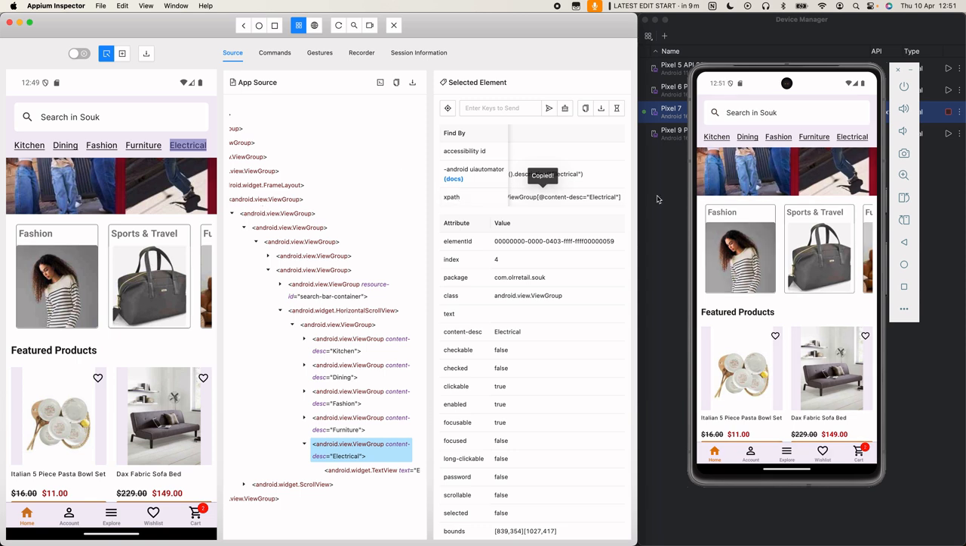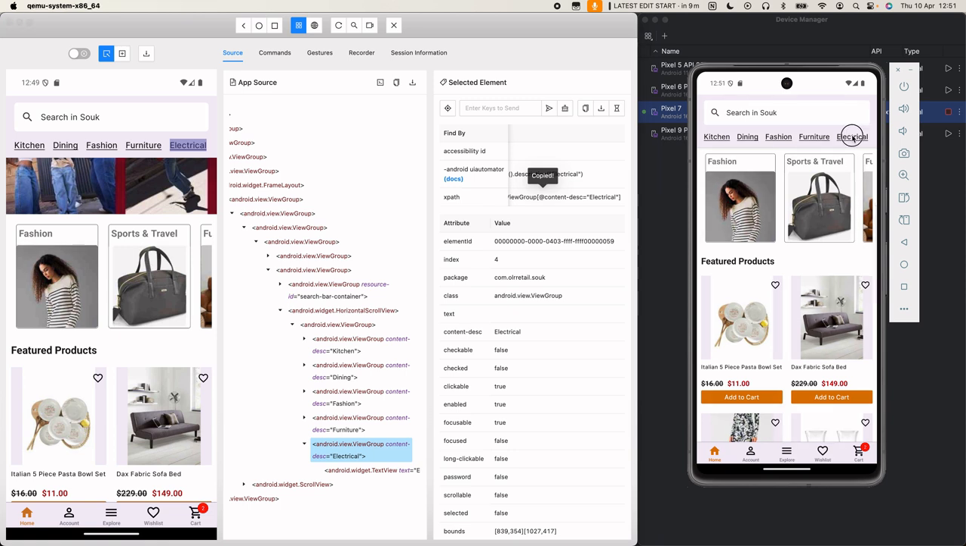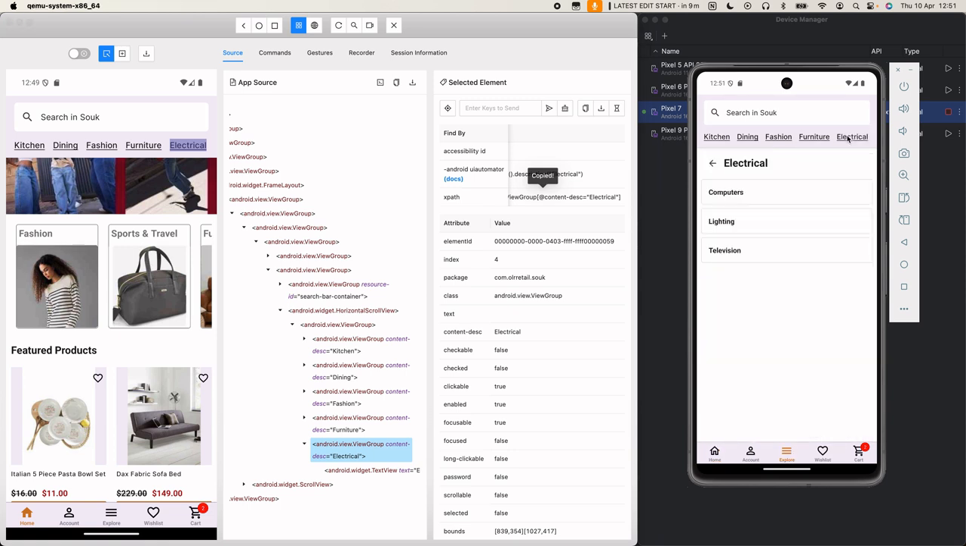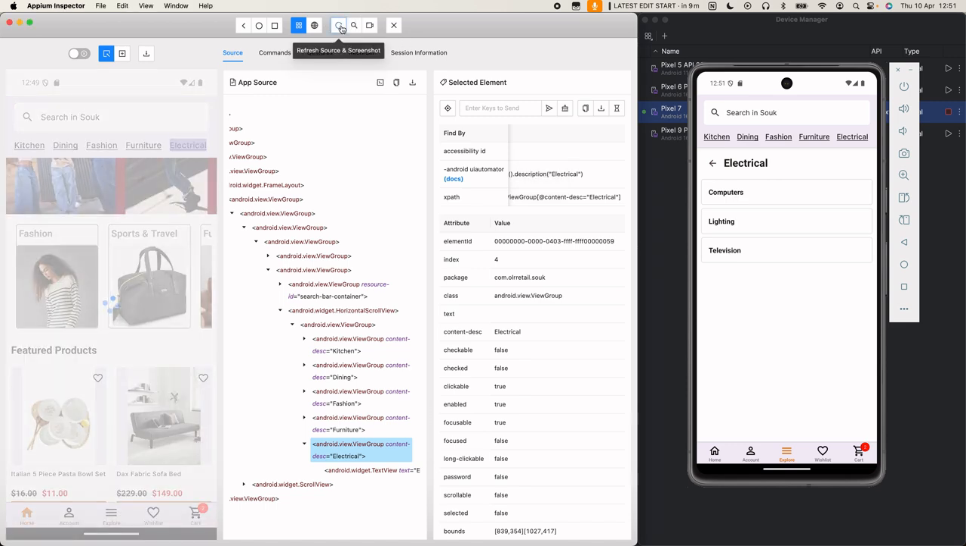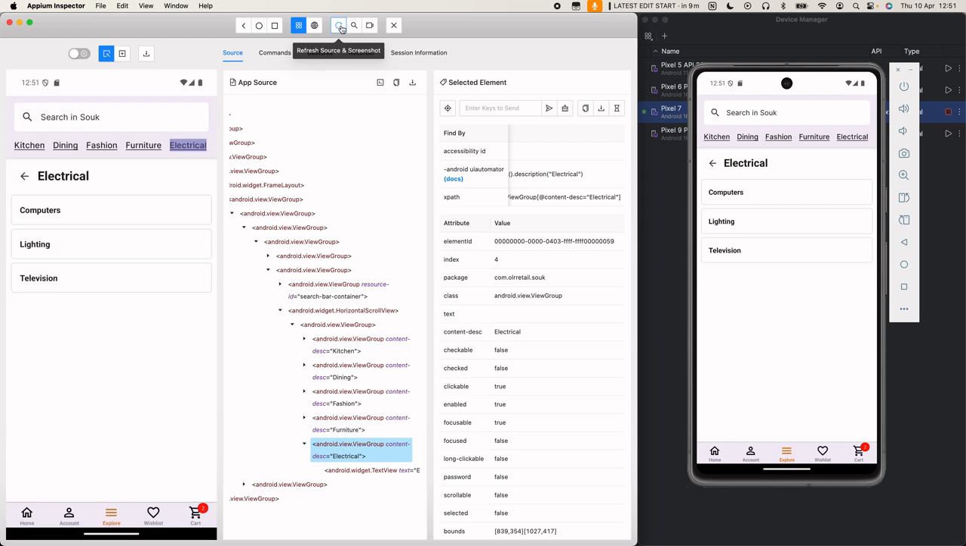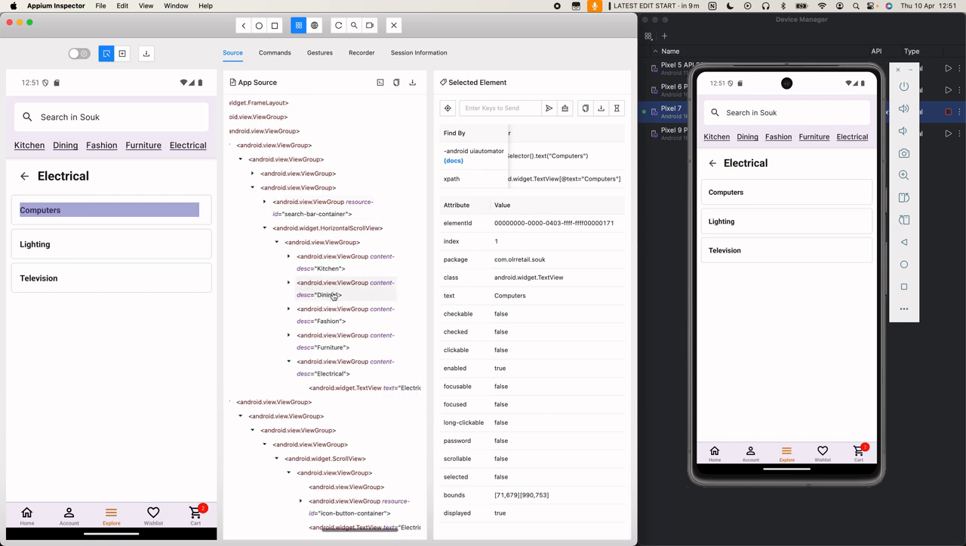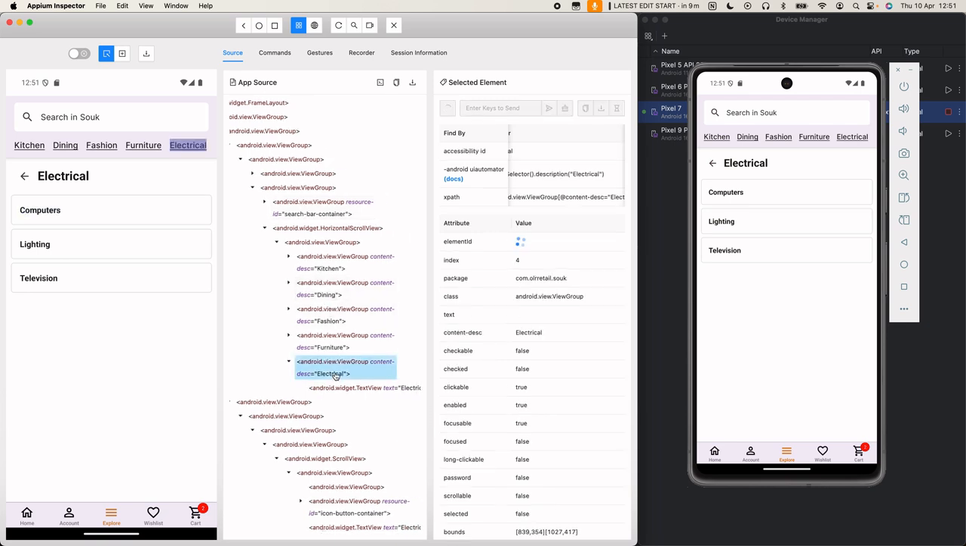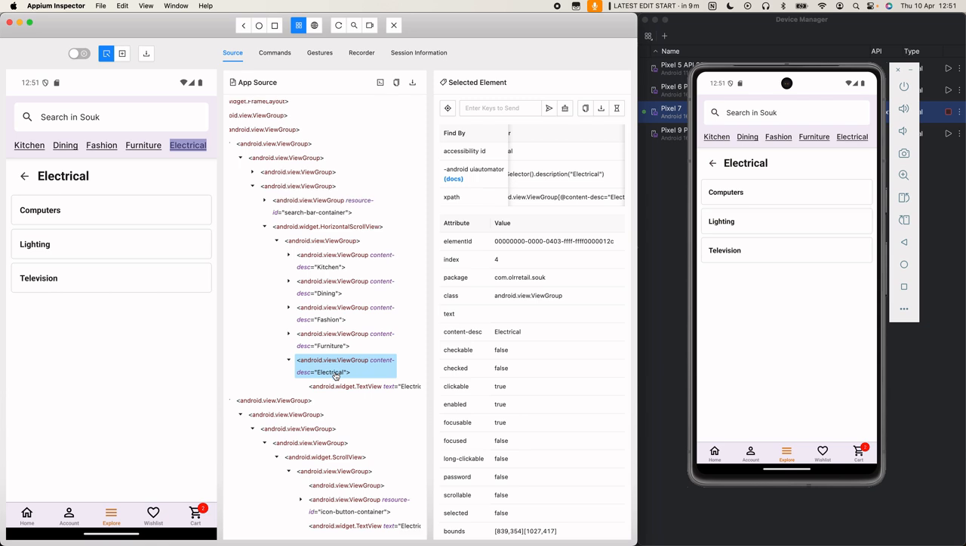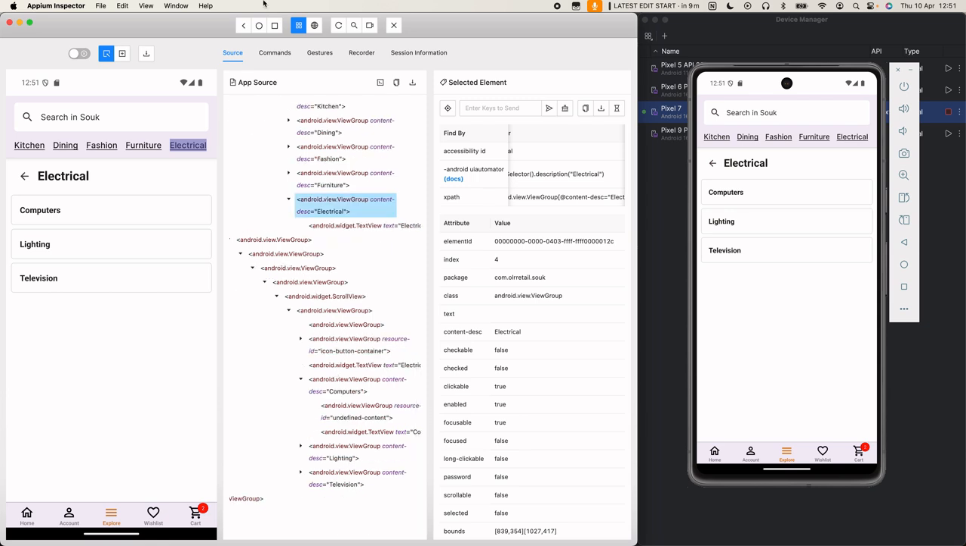So all we're doing, as you can see, I'm navigating the app, so I'm going to click on electrical. So the flow of my test will be to come into this category. I'll click on computers, but before I do that, I would need to refresh my screen on the left. I would then come down here, inspect this element. There we go. We'll see electrical here. Sorry, it's not electrical. That's not the one we want. We want